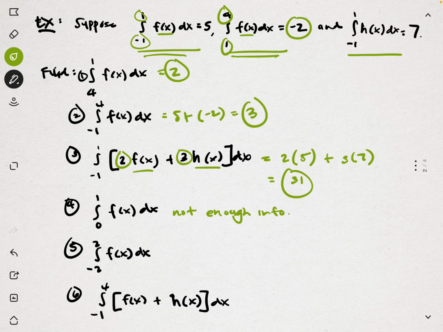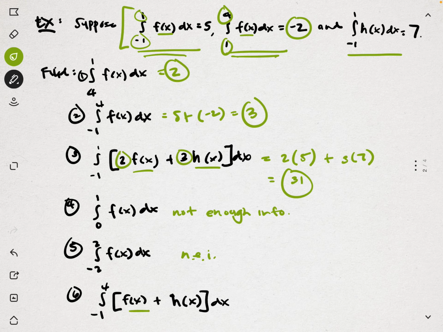Okay, and then number 5, be careful for this one too, because you think that because we have -1 to 1, we can just multiply by 2 to get to -2 to 2, but that's not true. We have to have the exact same integral. So this one is also not enough information. And as well as number 6, because we do know what f of x is from -1 to 4,